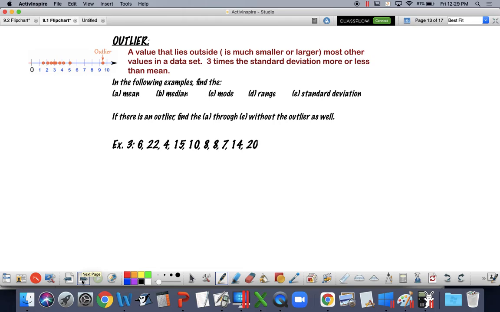Kind of the final piece of introductory vocabulary when it comes to statistics is the word outlier. And everybody has their own kind of definition about outlier. If you're in middle school, you usually just say, well, does it look like it's far apart from the center? Then we usually call it an outlier. Whereas as you get more advanced, we need to have some kind of mathematical calculation for figuring out the outlier. So here is Miss Sedlick's calculation for figuring out if there is an outlier.